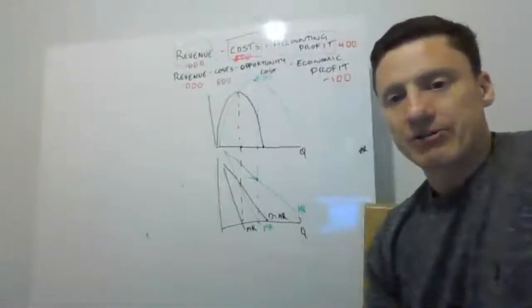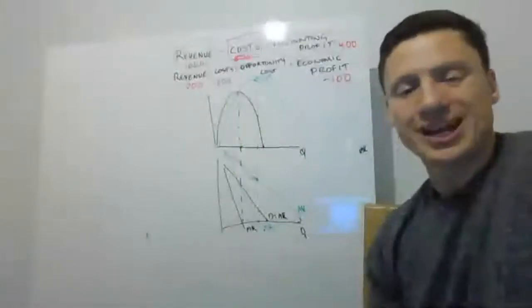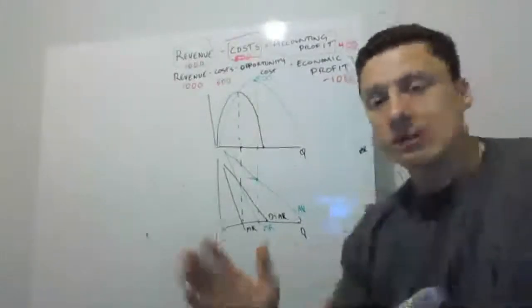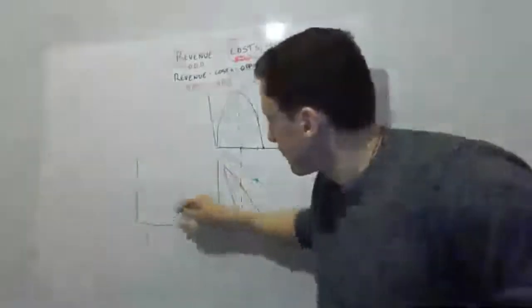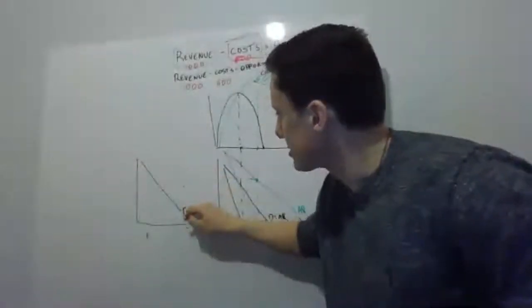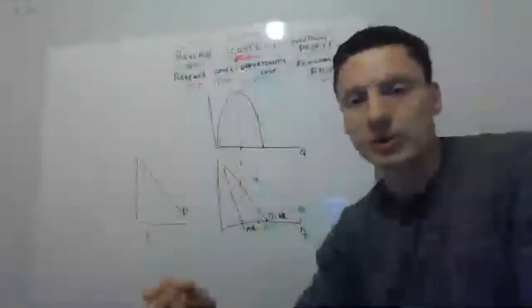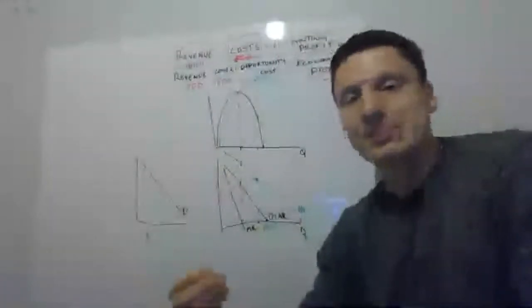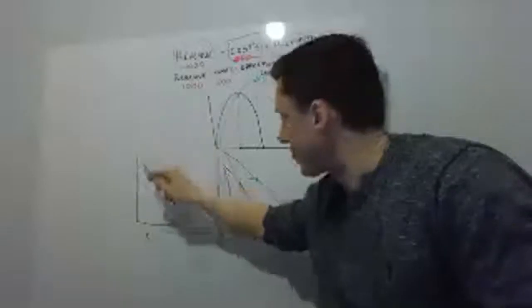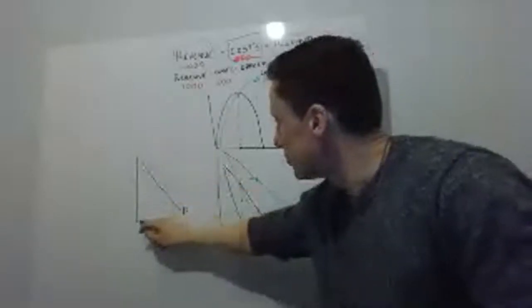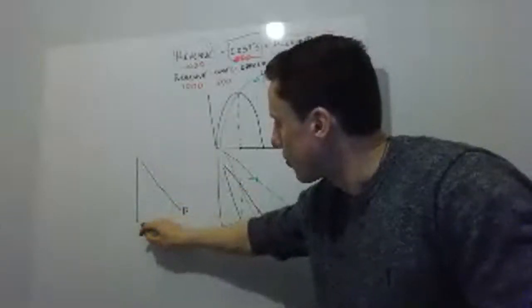Somebody also wanted me to clarify the point about PED changing along the line. I will do PED and all the elasticities in a future episode. But the reason that elasticity changes along the line is simply because of the mathematical formula that we use to calculate elasticity. It's a percentage change rather than a calculation of the gradient. So it is true that, I better get this the right way around, it is true that for all,